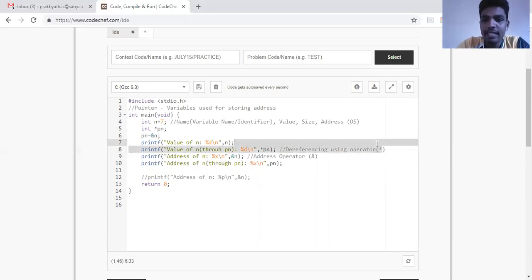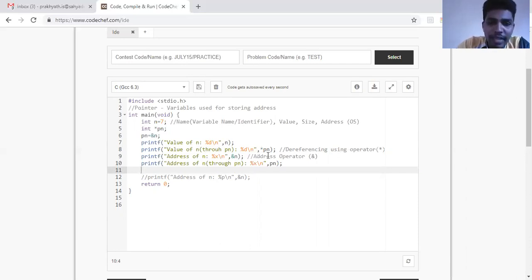So you can see the different uses of the symbol star. The character star has multiple uses. In arithmetic, it is multiplication. In declaration, it indicates a pointer variable. While accessing the values, it is the dereferencing operator. So what I'm telling my compiler in this line is, whenever it sees a star and a variable name, and if it is not a declaration, it comes to know that it is dereferencing.